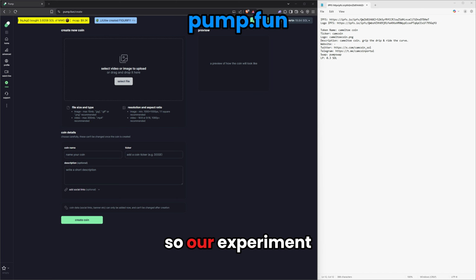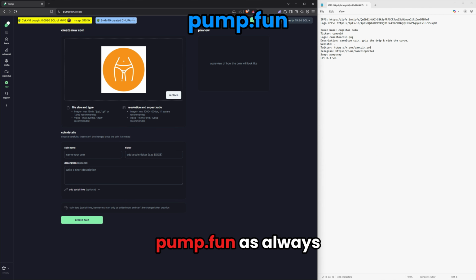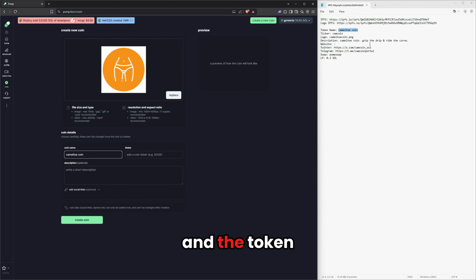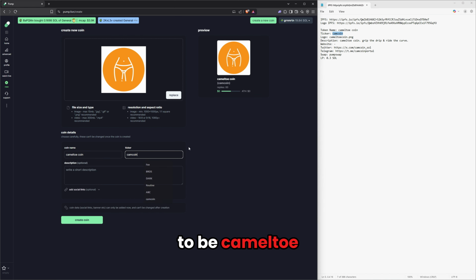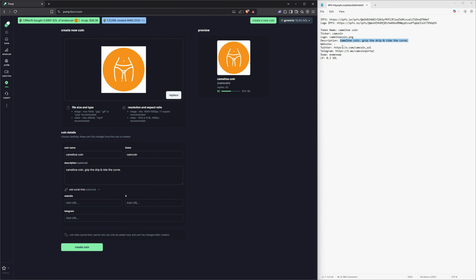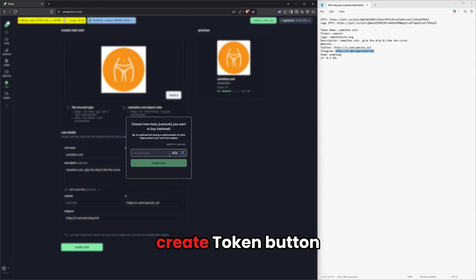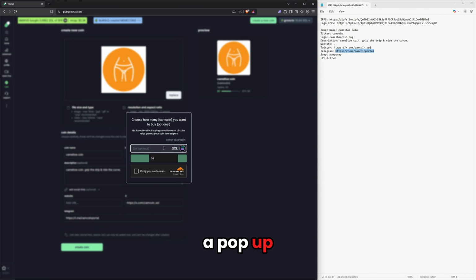So our experiment will start with Pump.fun as always, and the token name is going to be Camel Toe Token, and the ticker is going to be Camcoin. And description, we'll copy that and paste it right there. And also all the socials, just copy and paste. All right, it's good to go. So when you click on the create token button, there will be a pop-up, and it will ask